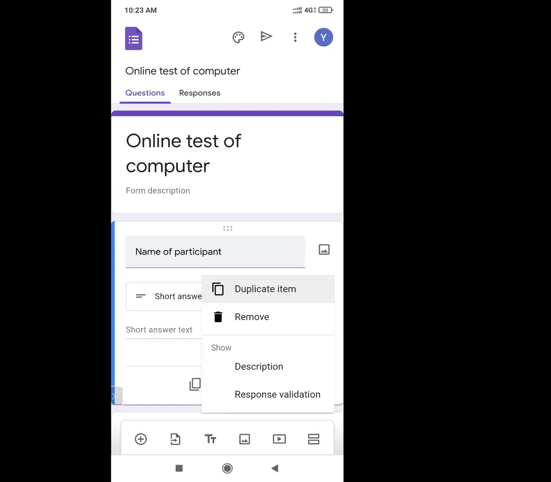The same question will appear as a second question, and you can make some minor changes in that question. Then you can use this option of duplicate item.